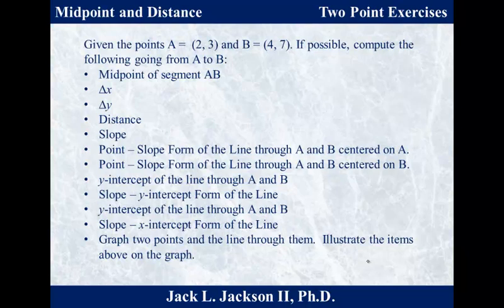Find the y-intercept of the line through A and B, and find the slope y-intercept form of that line. Find the x-intercept of the line through A and B. Find the slope x-intercept form of the line, and then put all this on a graph. Graph the 2 points, get your straight edge out and make the line through them. Plot the midpoint, plot the x-intercept, plot the y-intercept, see the distance, make sure you can see all these things